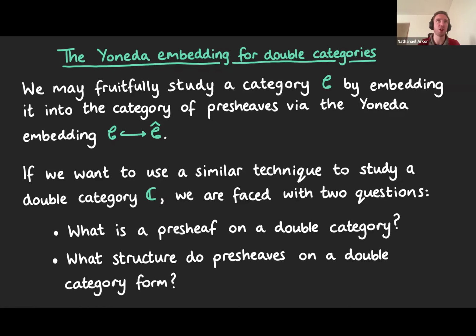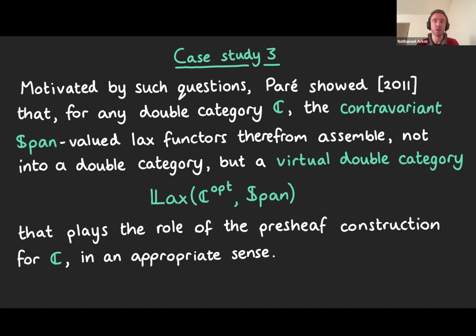But to do so, we need to answer the question of what is a presheaf on a double category in the first place, and then what structure do presheaves on a double category form? Now, you might think, well, the answer should be quite obvious. If we have a notion of presheaf on a double category, then presheaves should again form a double category. But actually, this isn't quite right, and this is what makes the situation rather interesting. So in 2011, Bob Paré studied this question and some related questions and showed